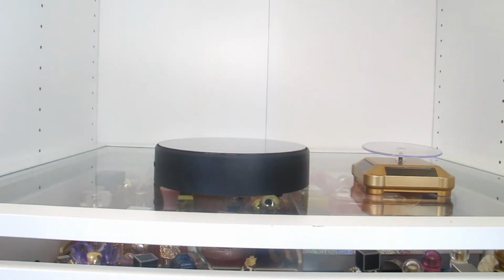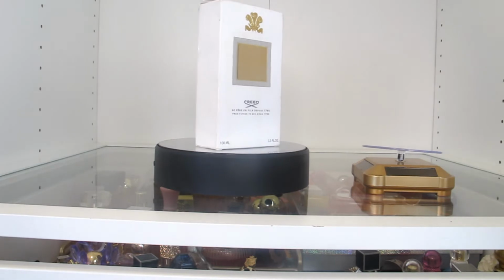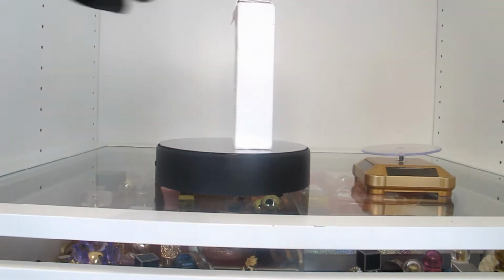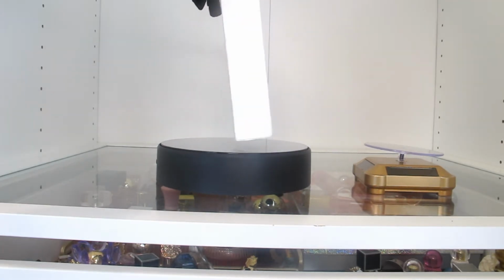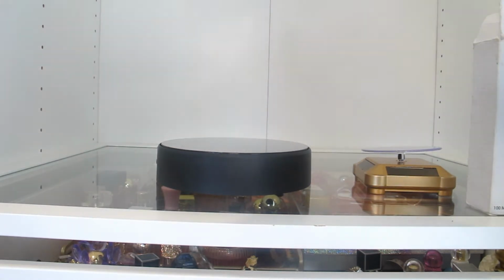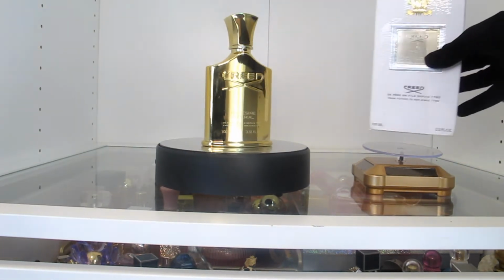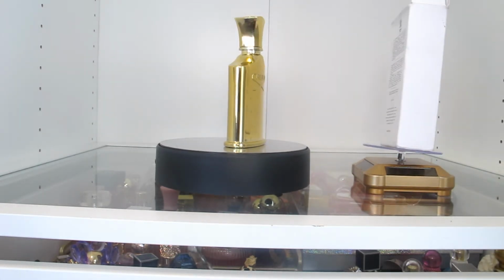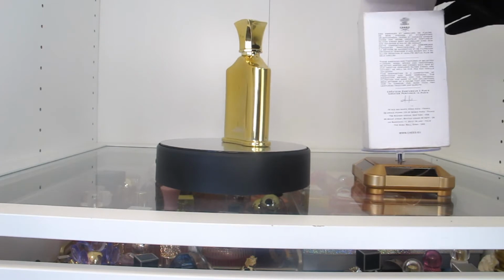Next we have a Creed fragrance, and this is Millésime Impérial. And this one is a 100 milliliter, 3.3 ounces. The packaging is not new looking, but the bottle and the fragrance is. This one comes in a very shiny, solid gold toned bottle, and this one is, I would say, an aquatic fragrance and also floral. It is absolutely beautiful. It is marketed to unisex,